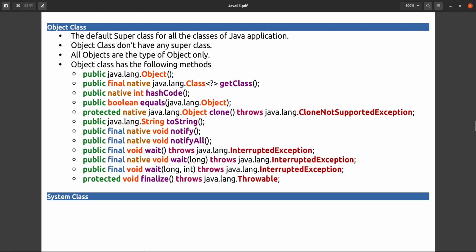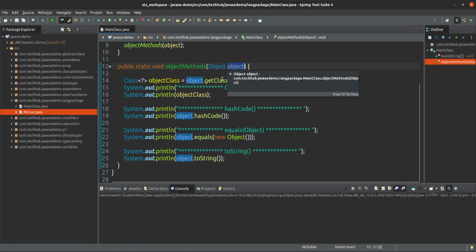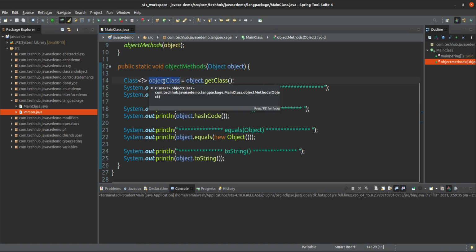We are using the toString method. The clone method we can use inside a subclass only. We will make one subclass and see this one. hashCode, as we have seen, we are seeing that one, and getClass also, toString also, and equals also. Okay, so if we come to the code, here I am taking an object, and I am printing the class name of that object. This is the class name.